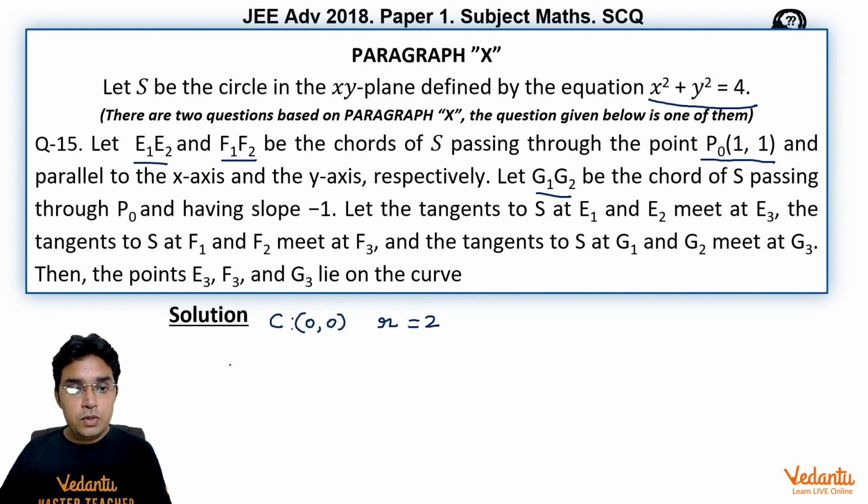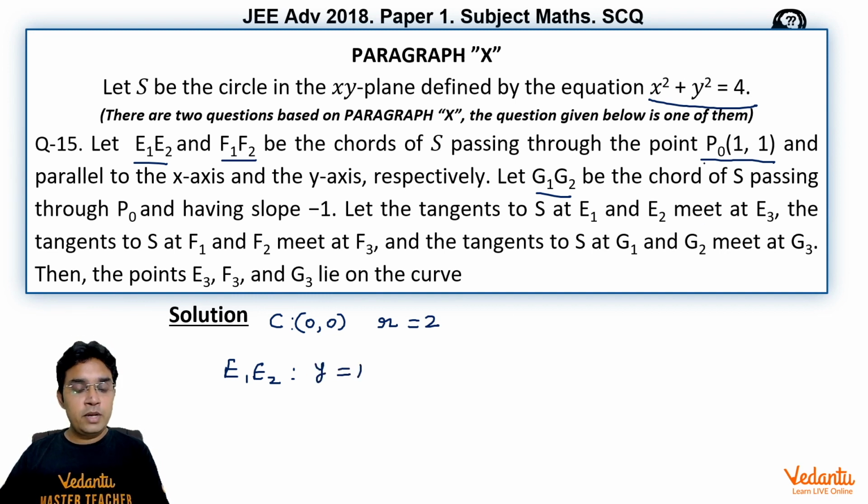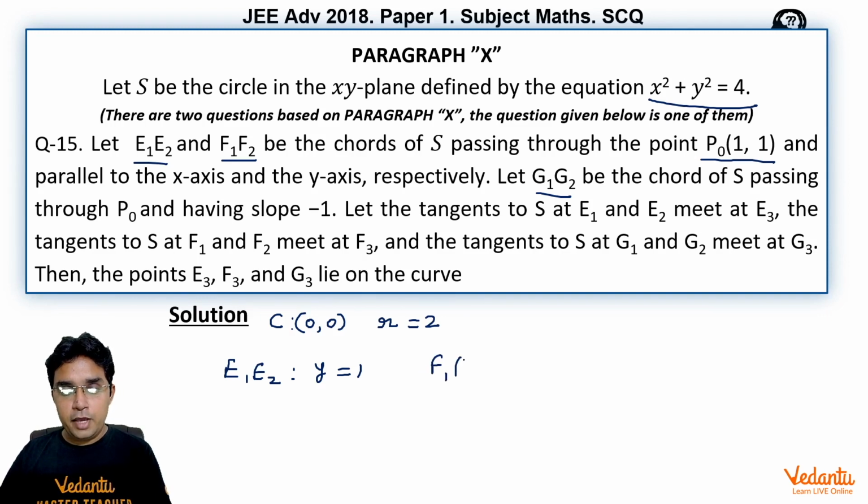This E1, E2 is parallel to x-axis. So its equation can directly be written as y equal to 1 because it is passing through 1, 1 parallel to x-axis. Similarly, equation of F1, F2 can be written as x is equal to 1 and equation of G1, G2 will be x plus y equal to 2 because its slope is given as -1 and it is also